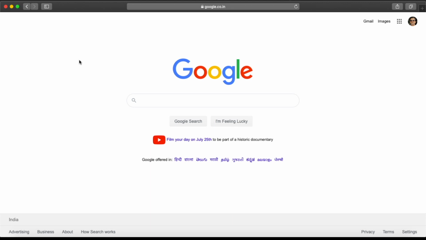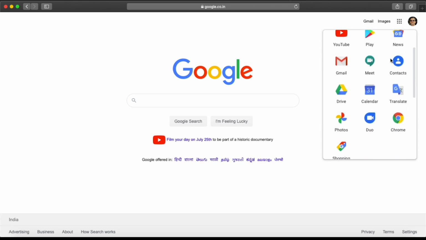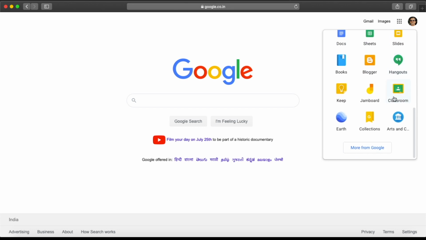In this video, we will mainly focus on understanding how we can quickly set up Google Classroom and get going. To start with, we should go to the Google homepage and then you need to ensure you are logged in with your ID. In the top right corner, you can see that I have already logged in with my ID. Then you need to find the button for Google Apps. You need to click on that and you can search for Google Classroom. You need to scroll down to find Google Classroom. So this is the icon. You need to click on it to invoke Google Classroom. Let me click on this.